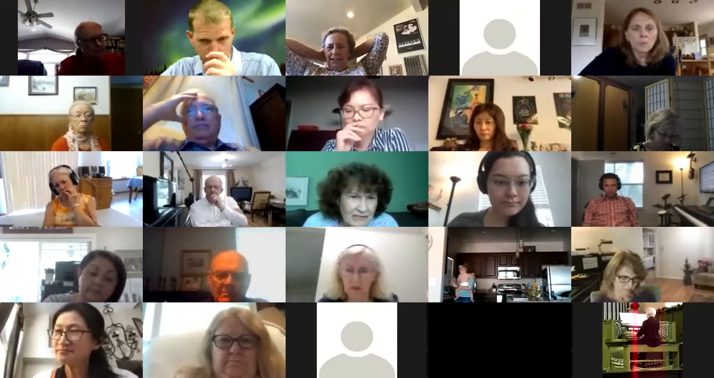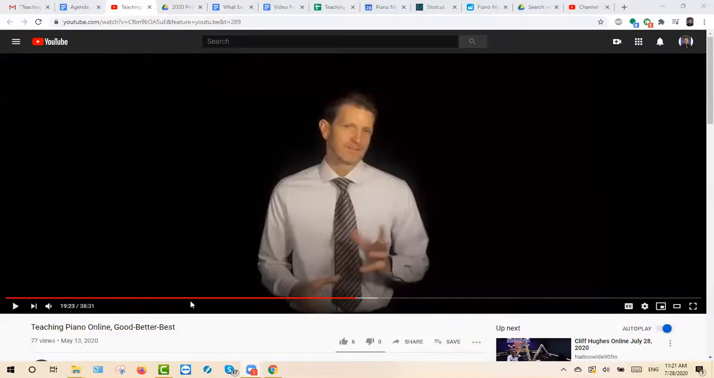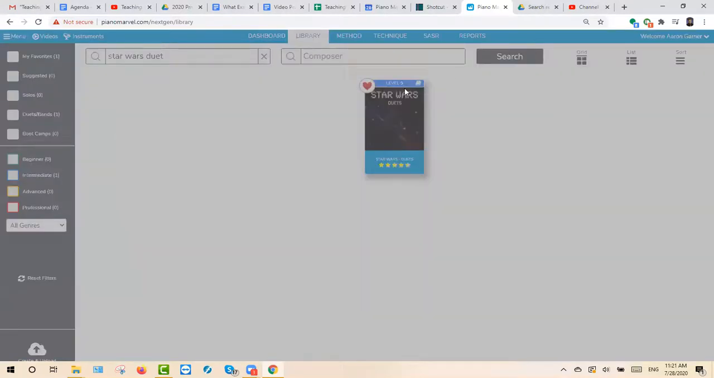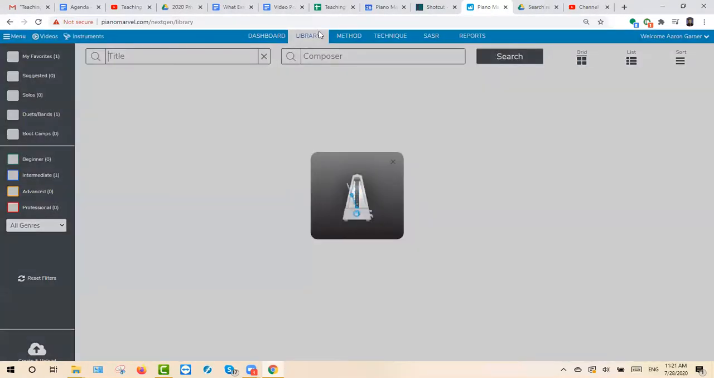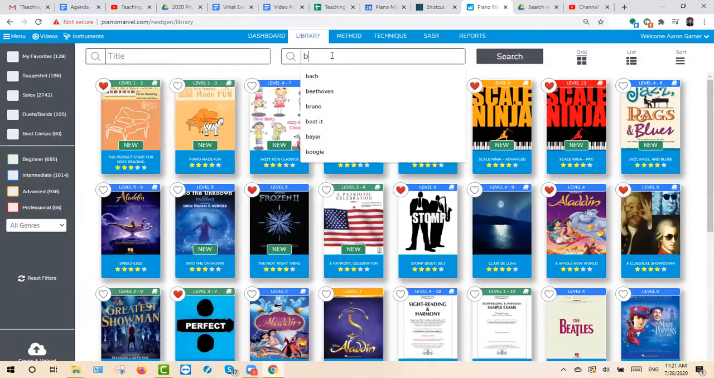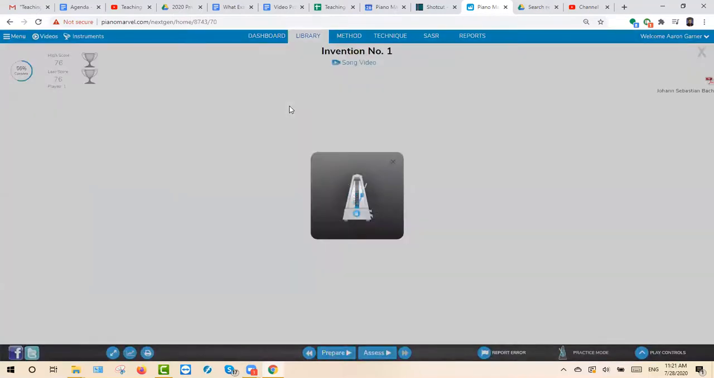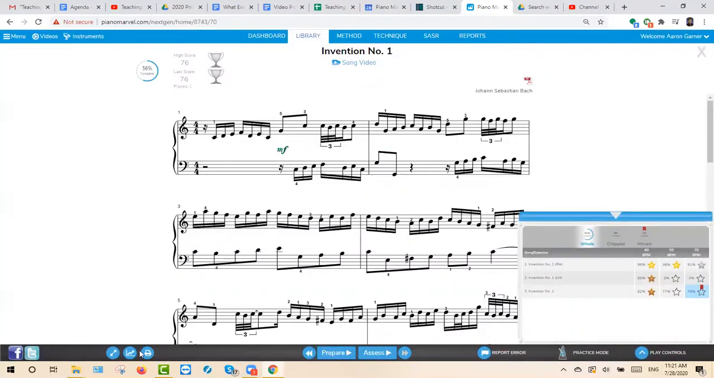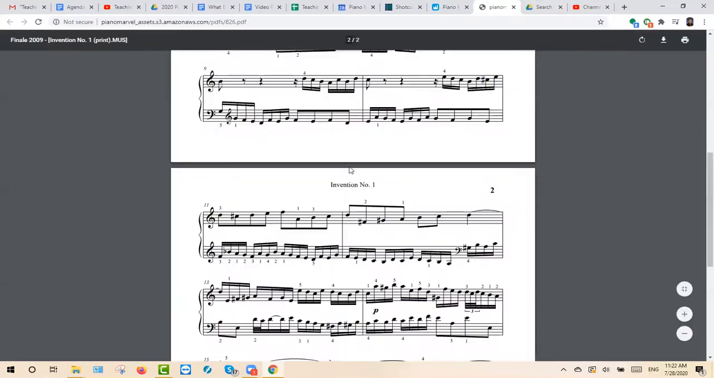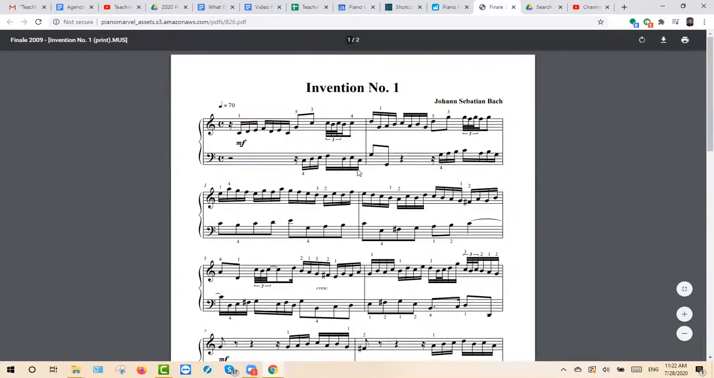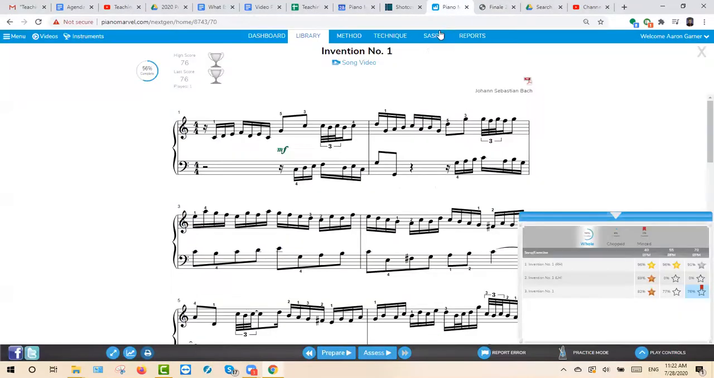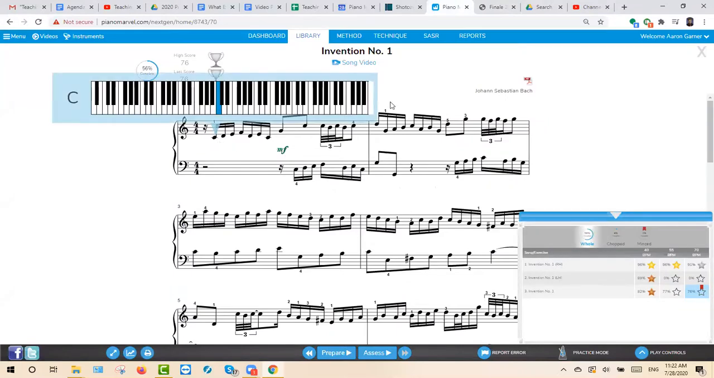So let me share my screen with you and show you how you get the PDFs. Okay. So we'll go to Piano Marvel. I'm in the library here, and I just want to look for, let's say, a Bach. Just type in Bach, and I don't know, Invention number 1's a good one. And then I just click print, and there's your PDF. Yep, and then they can print that PDF, or you can use it in Piano Marvel, and it's interactive,